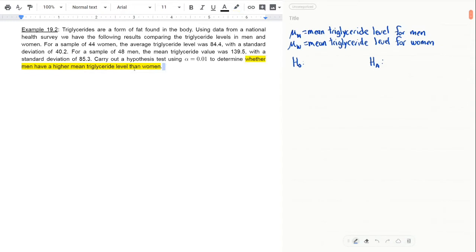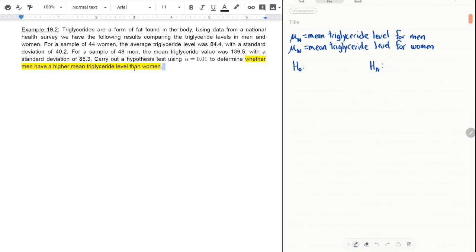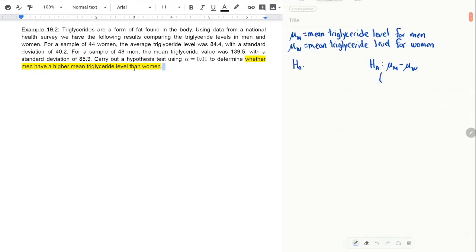Okay, so if men have a higher mean triglyceride level than women, now let's suppose we took the difference between the mean triglyceride level of men and the mean triglyceride level of women. Okay, so mu sub m minus mu sub w. If we want to test that men have a higher mean triglyceride level than women,